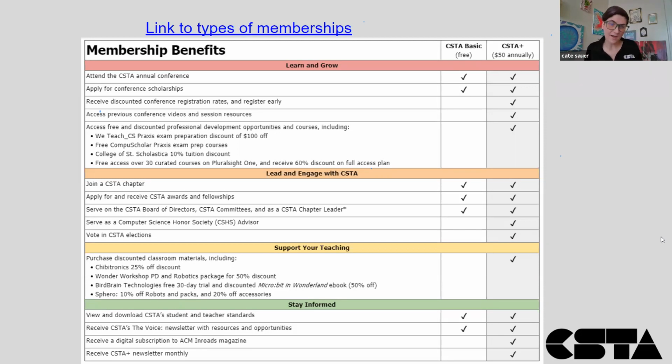So right off the bat, you're getting a significant discount with the Plus membership. Other things to take away from this slide: when you join as a Plus member, you get significant discounts on PD and opportunities to first learn about scholarships, awards, and grants. So just keep that in your back pocket.